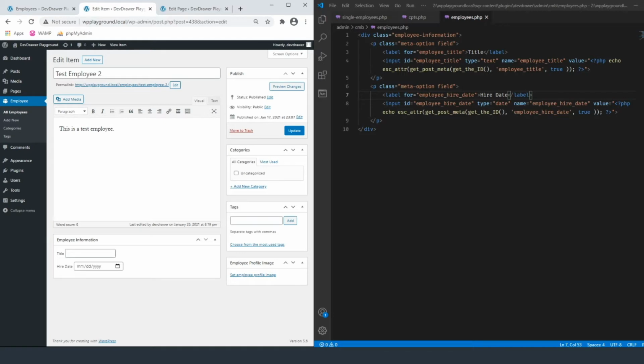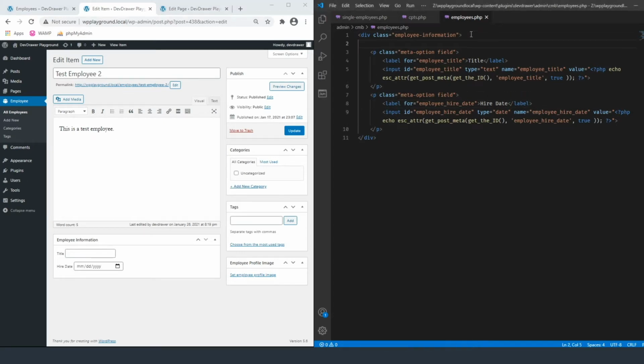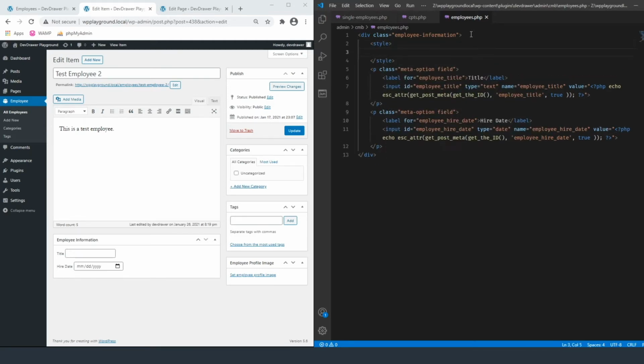So we're going to add in a little bit of styling to make this work a little bit better. I'm just going to add the styling directly in here. You can add it to an administrative CSS file, but just to make it easier for this tutorial, I'm going to show you how to do it here. So we're going to do employee information,